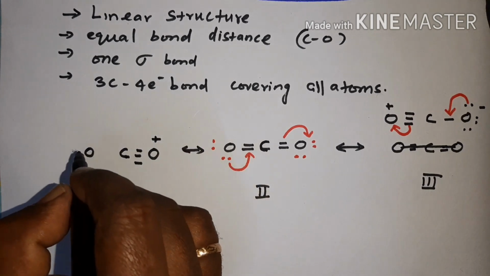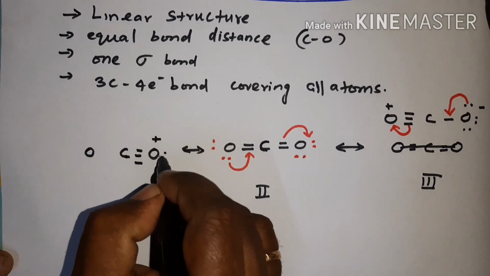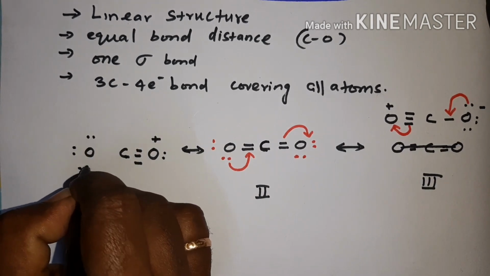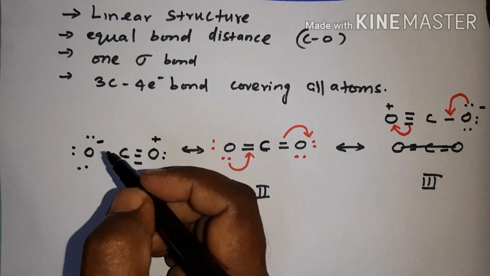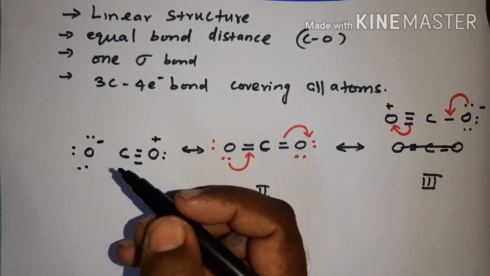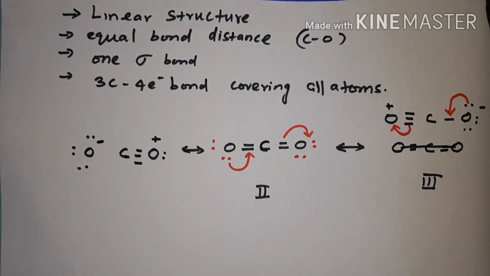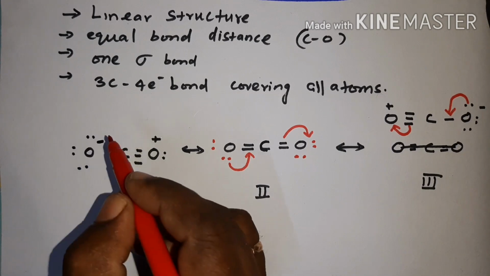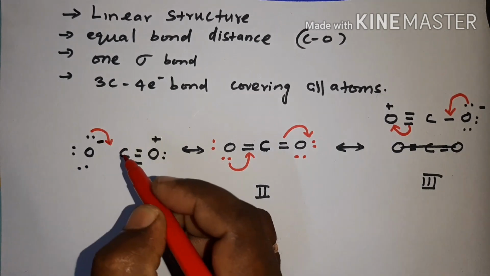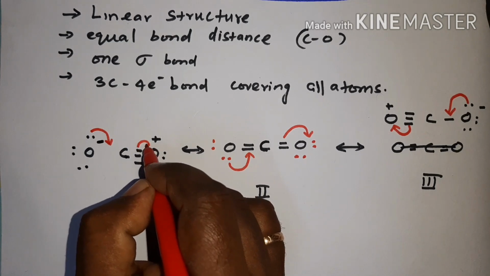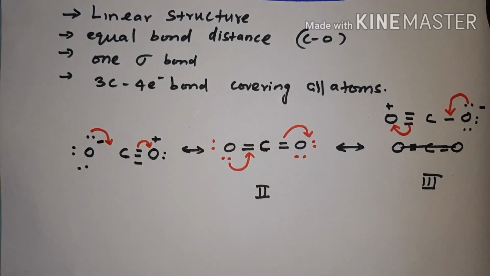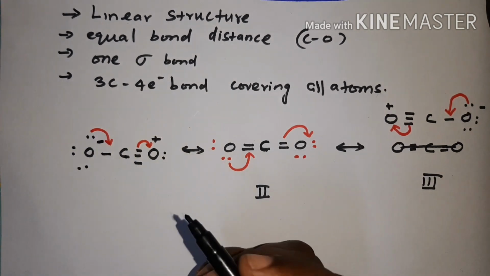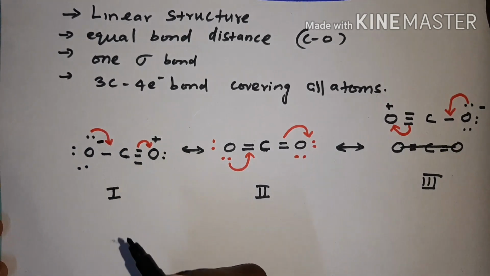This is plus and one lone pair, and here you see minus. So this is another structure, and this structure can be converted like this. See, this lone pair can be converted to bond pair, and this bond pair can be converted to lone pair. Okay. So finally this is a single bond, here a triple bond. Okay. So you can write this as structure 1.